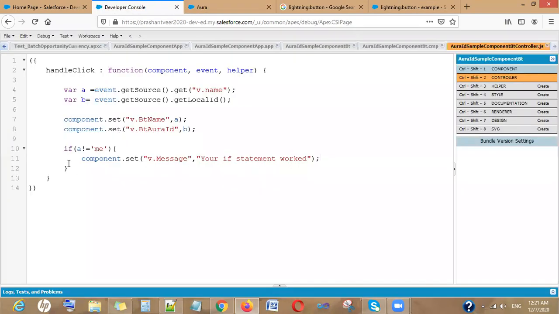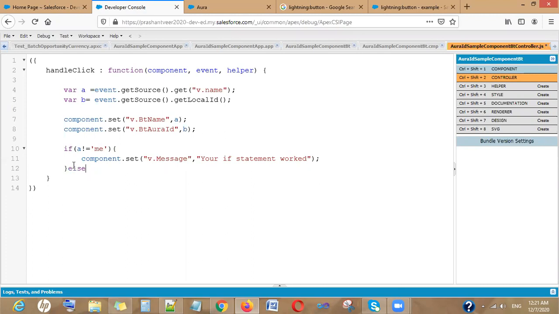See, your message is blank. Okay, when you click this, your if statement worked. Okay, now you have to refresh it first. Okay, and